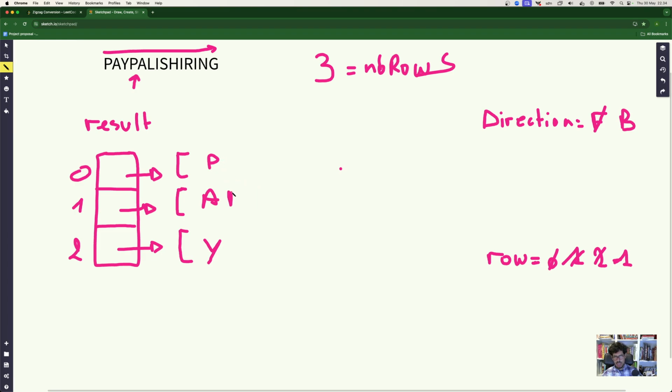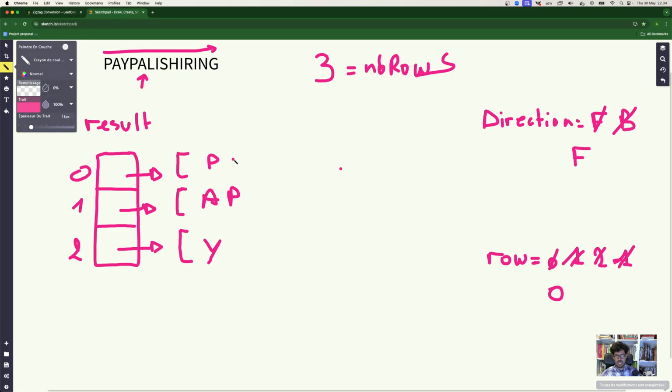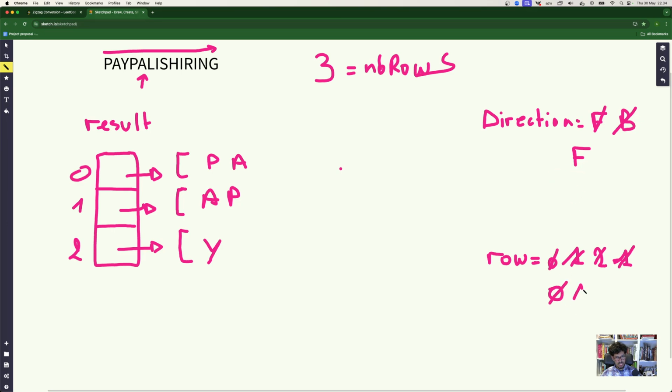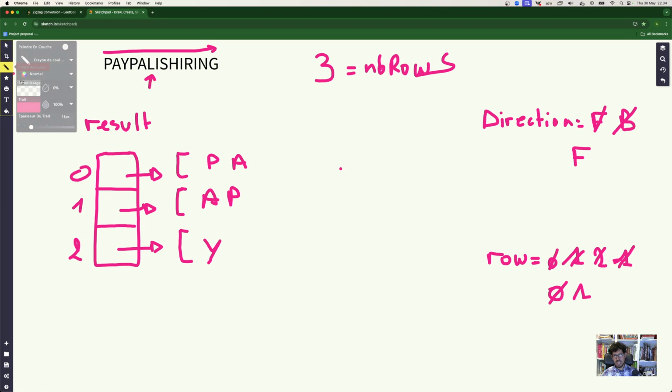I need to write it a little bit closer. And then what? I am direction backwards, so I should decrement the value of row, which is 0. And then if I am at 0, what should I do? I should re-evaluate backward to forward. And I move to the next character. So A. And then I'm at A, what should I do? Yeah, I'm already forward. I should increment row to 1, and I move to the next character, L, and L